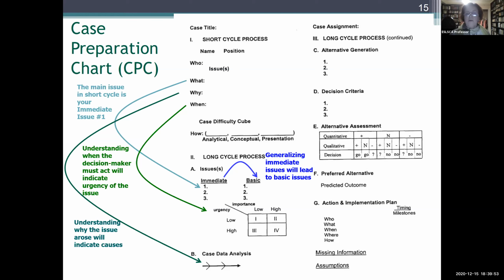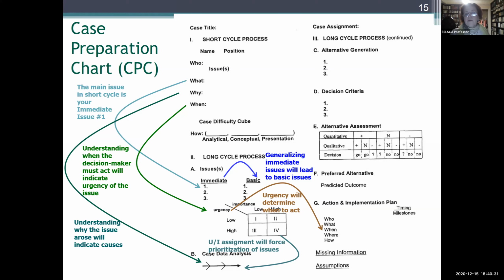But it's important to understand why we're teaching the case, because we're teaching the case to learn the best concepts and best practices. The urgency of the issue will determine when the action should be made, so when you prepare the implementation plan. And the most urgent and important issue is the one for which you're going to create a case data analysis and cause-effect diagram. What you see at the bottom is the so-called fishbone or cause-effect diagram, around which you will organize the data collected through mini analysis.